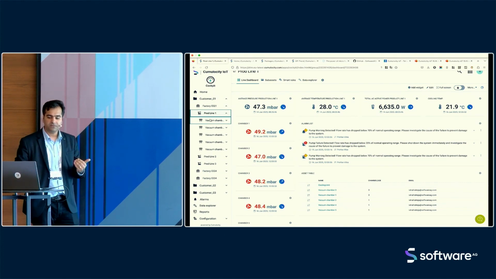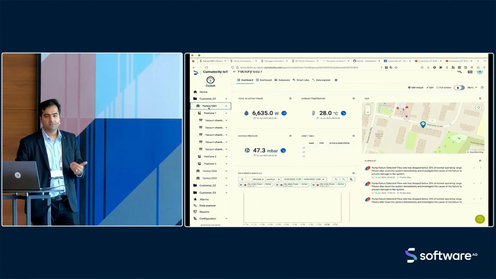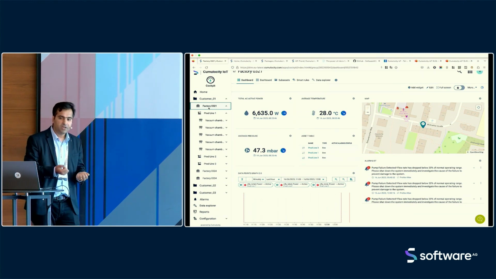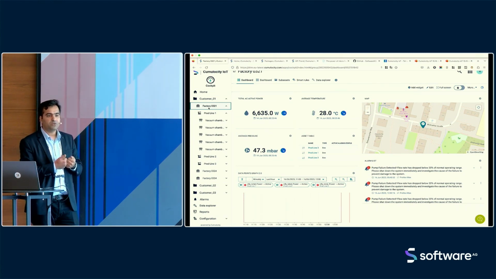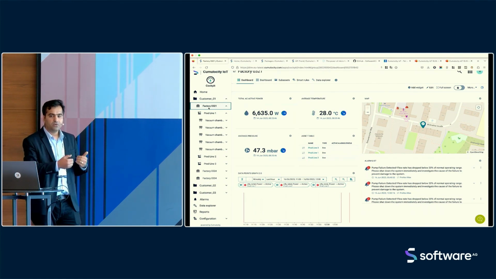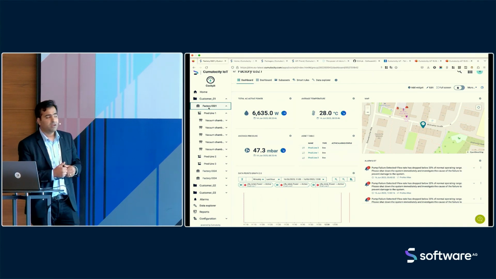Once we have this, we get a proper visualization of the whole production line as well, and then the whole factory. So Digital Twin Manager helps you visualize the whole setup in a way that gives you a clear view of specific assets, not only the devices. And for creating this,